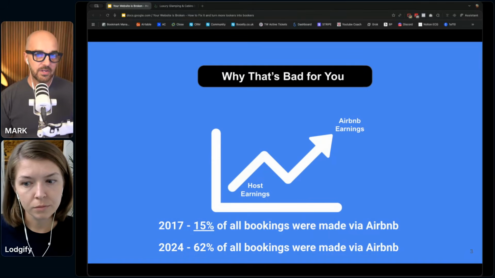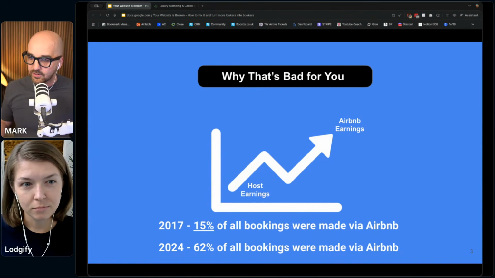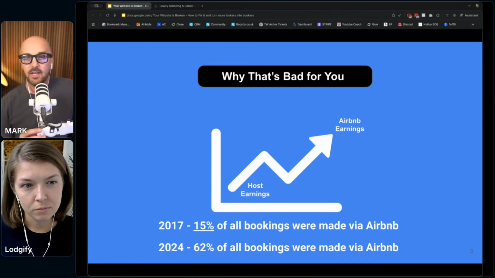We feel that the commission level should be 20%. We feel like the commission level should be 25%. We feel like it should be 30%, 40%, 50%. Because again, what is stopping them from doing that? If they continue on this trajectory of being so dominant in the industry, then my worry is that we won't have the ability to decide our own fate.